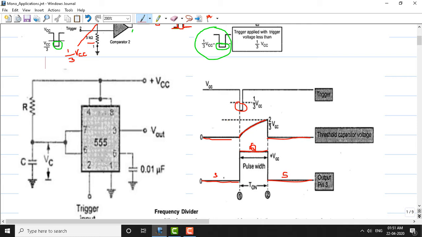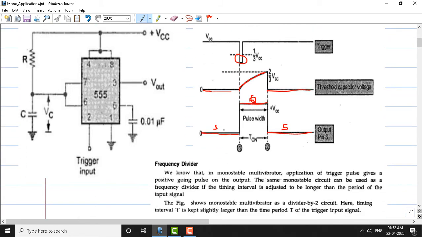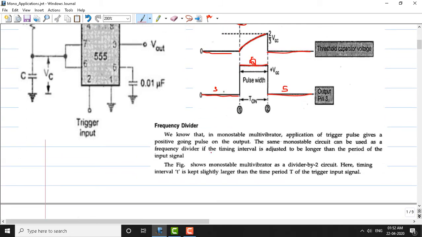So one observation we can make here, once the trigger pulse is applied, at this point of time capacitor starts charging and output pulse goes high. And in between, if you make any changes here, that's not going to reflect in the output. So this logic can be used in applications like frequency division. Okay. Now let us see how this frequency division circuit works here. What conditions we need to set to use this monostable multivibrator as a frequency divider.